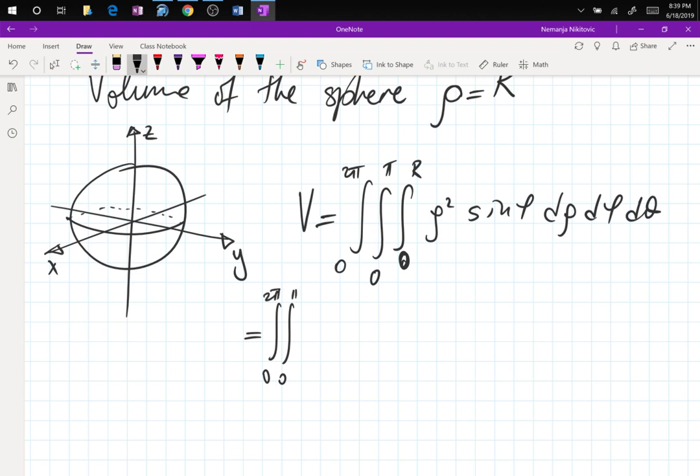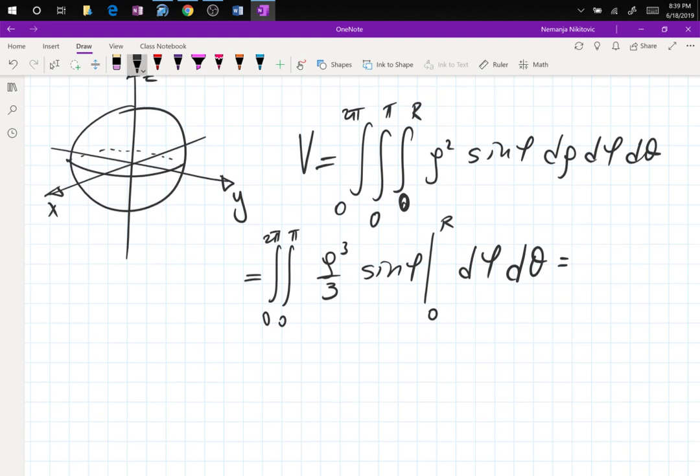Don't worry about it. So now we are integrating with respect to rho, which means sine phi is a constant, right? So we have rho cubed over 3. Sine phi gets copied. We are computing this from 0 to capital R. I still have d phi and I still have d theta. When I plug this in, with limits 0 to 2 pi and then 0 to pi, I plug in R and get R cubed over 3, times sine phi, d